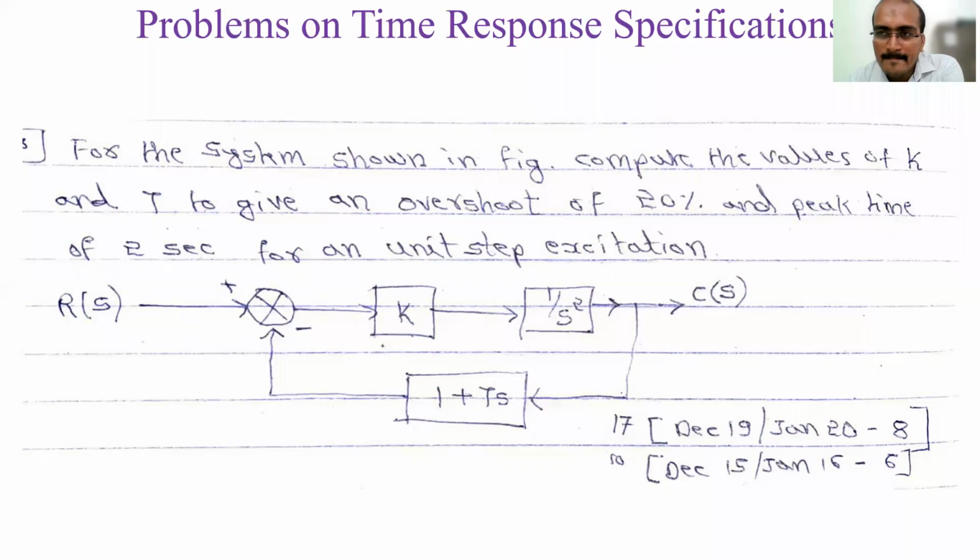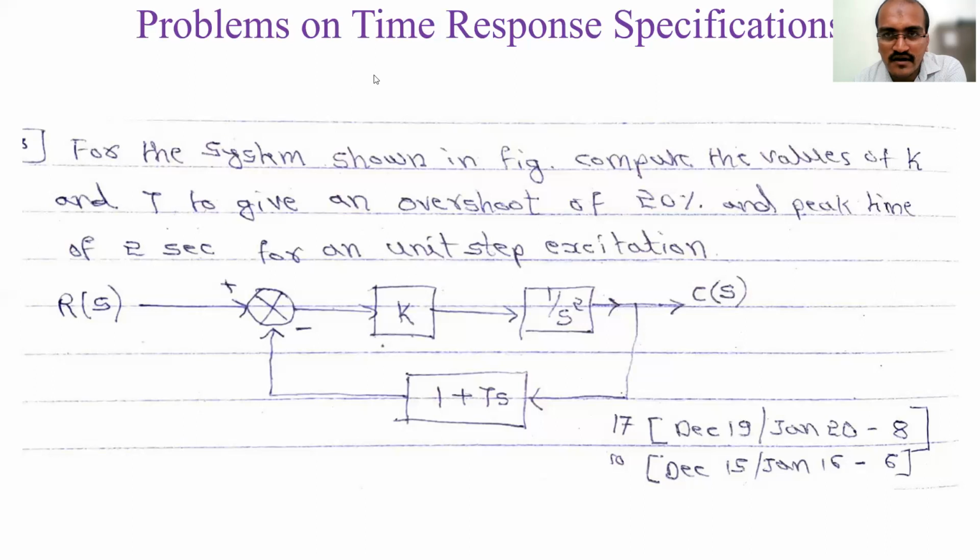I will be solving the problem over here, but in the exam it will not be like that. Previously I have done one problem. I have not given any system there, and I have not put any constant over there. Straight away I gave the overshoot and settling time, and you determine the transfer function, output response, everything. Now in this problem, again overshoot is given and peak time is given. Along with that they have asked to find the constants in the system, that is k and tau. Because of that the system is given here.